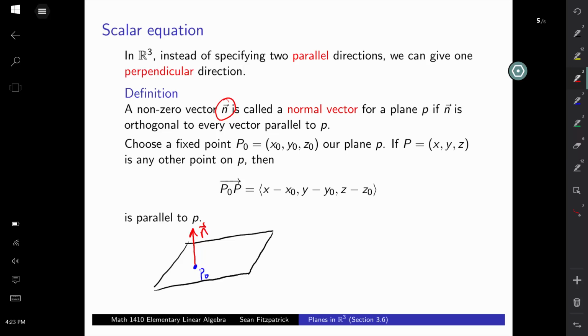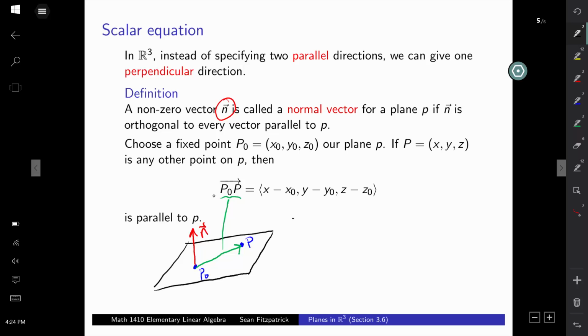So what does that mean to say that the normal vector is perpendicular to the plane? Well, if I choose any other point on the plane, wherever I decide to draw it, let's say here, okay? Here's my point P, right? Well, as soon as I draw a second point on the plane, then I can put the vector between them, right? Like so. That's going to be this guy. This is my vector, P naught P, right? That's a vector between 2 points in the plane, so it's parallel to the plane. And because it's parallel to the plane, by definition of the normal vector, it must be orthogonal to the normal vector. So I must have,